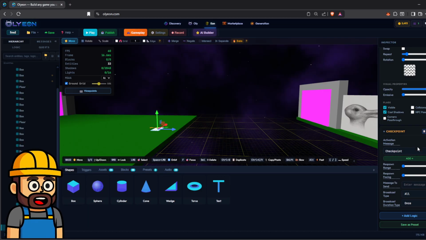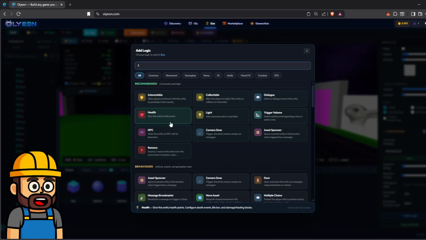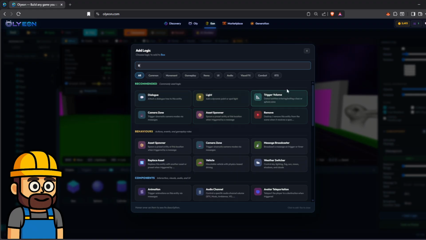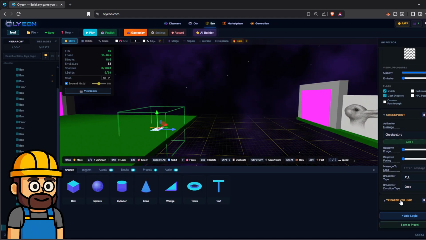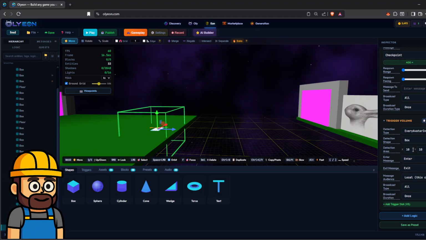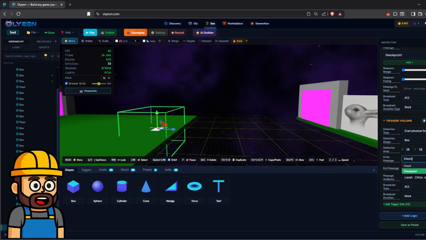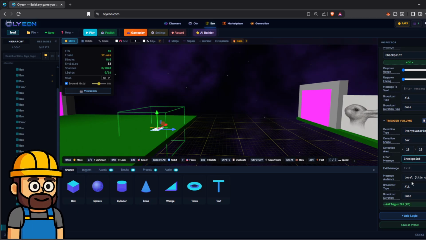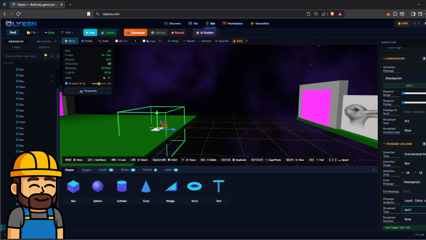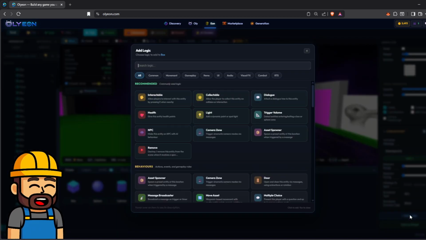I don't know if it matters so much for this one. Let's just say that this checkpoint is checkpoint, and it also has a trigger volume on it. Doesn't need to be so big. For now, let's just do it like this. It's going to broadcast to itself. Actually, what I am going to do here just for this version, let's do